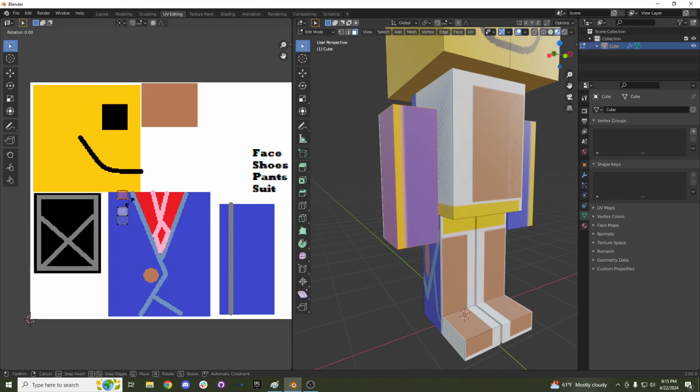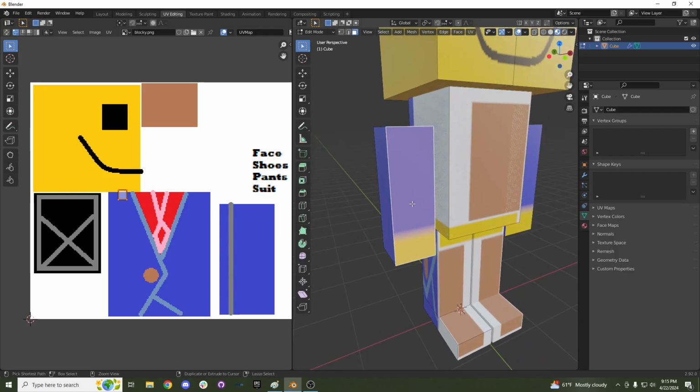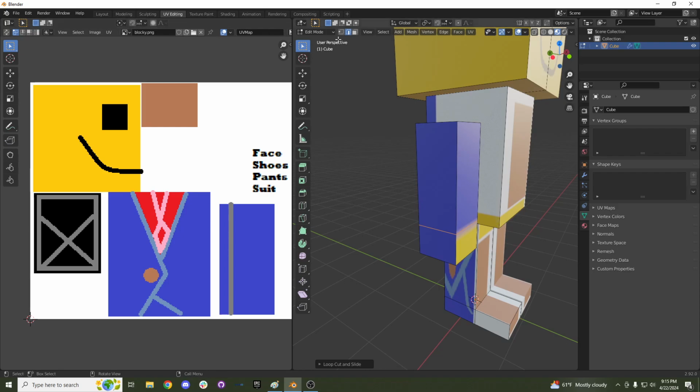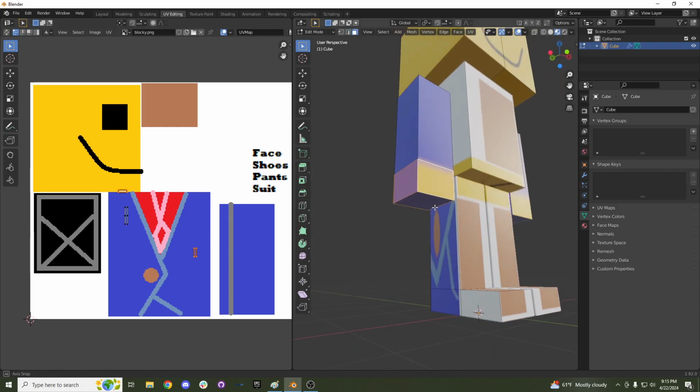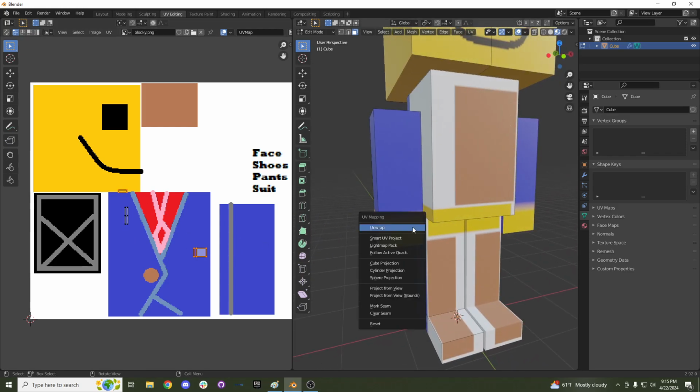Oops, rotate X, -90. There we go, something like that. And you can either have it show up that way, or if you just want to do a loop cut and drag it down there, then you can select everything down here. And we have faces all over the place over here, so we can do the U key and do unwrap,